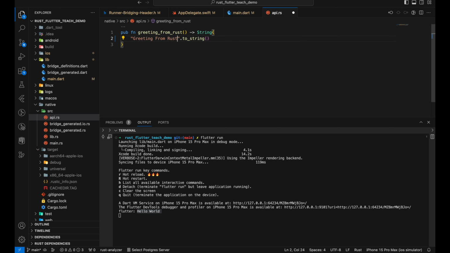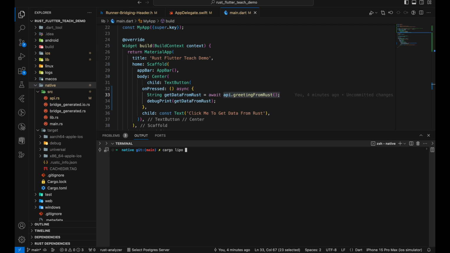So let's close this, and then let me show you another one that specifically builds the architecture for the iOS simulator. So let's go to the native folder, and then we will call cargo lipo, and then dash target aarch64-apple-ios-sim. So this is, okay, something is wrong here.